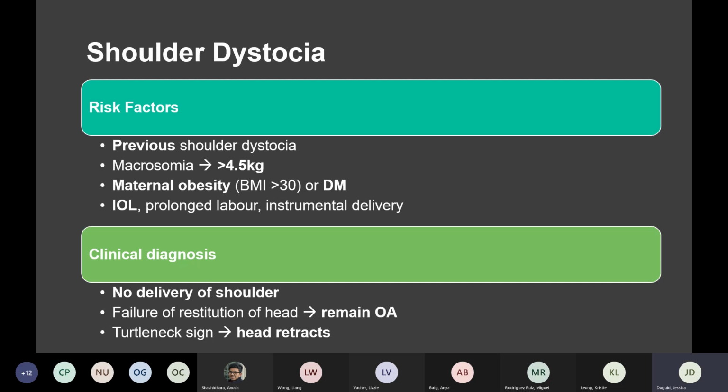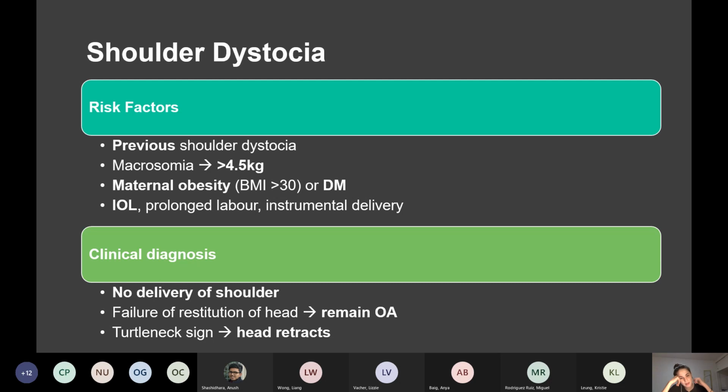Okay, so the risk factors for this are previous shoulder dystocia. So if you've had one baby get stuck, you're more likely to have another baby get stuck. Macrosomia, so being bigger than 4.5 kilograms, because it means you're a bigger baby and therefore more likely to get stuck. Having maternal obesity or maternal diabetes, because that means you're more likely to have a bigger baby. Induction of labour, prolonged labour, and instrumental delivery are all risk factors for